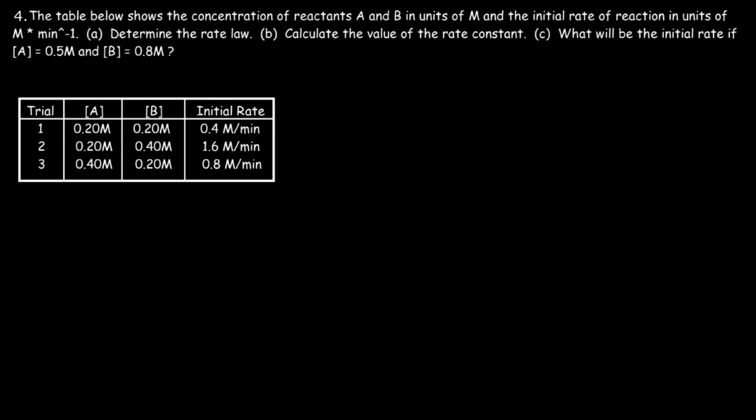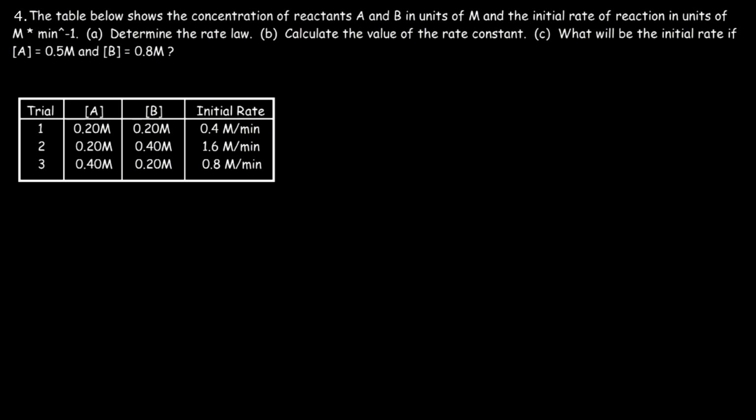So in this problem, we're given a table which shows the concentration of reactants A and B in units of molarity. And we also have the initial rate of the reaction with the units molarity per minute. So how can we determine the rate law expression that fits the experimental data? So first, we need to find the order of the reaction with reactants A and B. So what you want to do is pick two trials in which one reactant is held constant, but the other